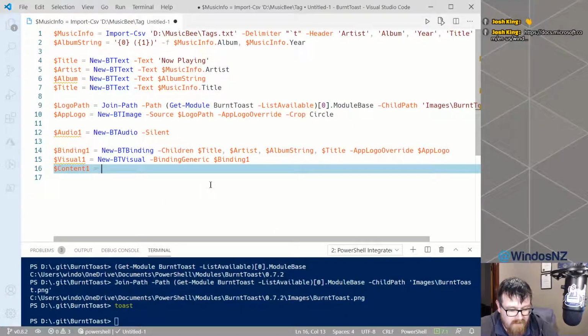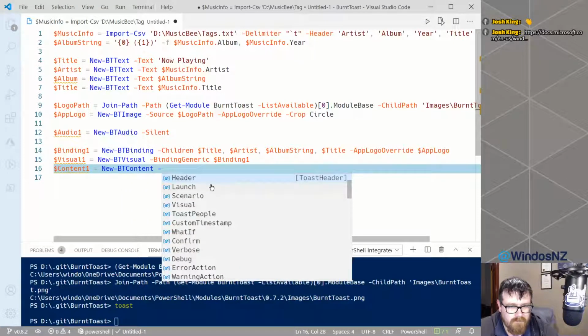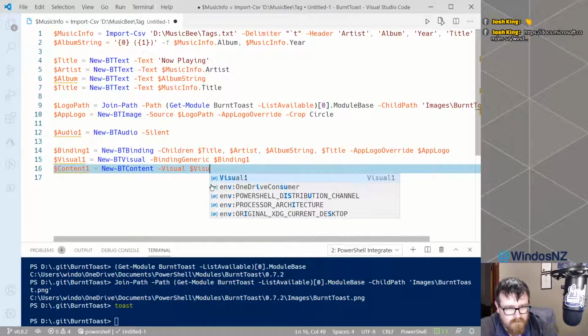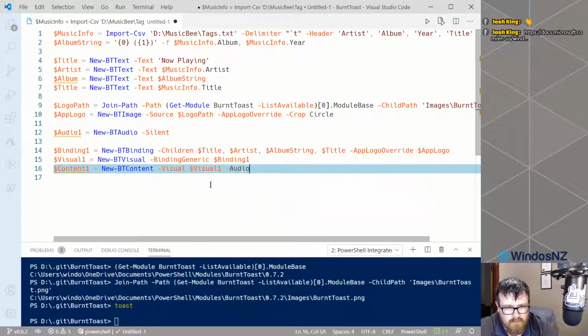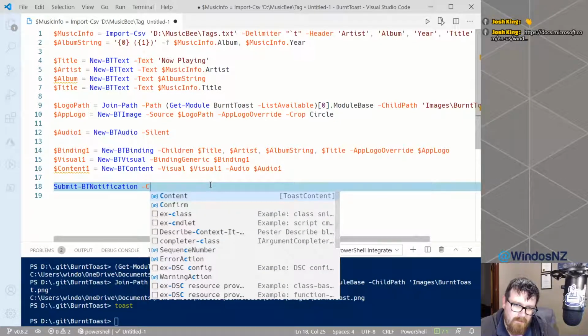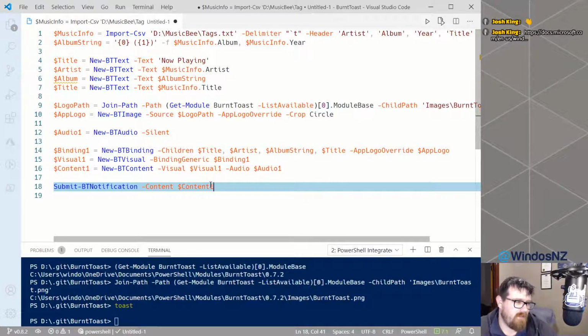Then define our content. And then we submit that content. Man, that is getting a little convoluted writing all that out. Anyway,